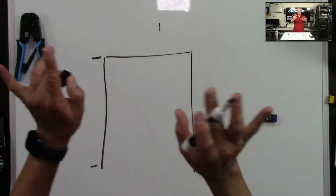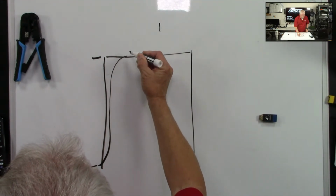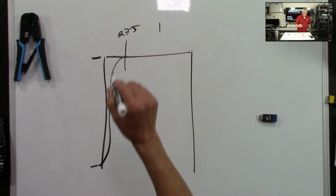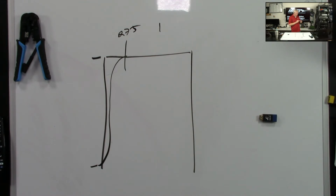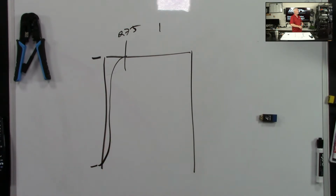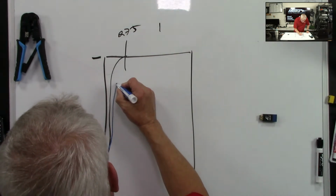Now, when you first plug the system in and you turn it on, this rise time's pretty good. We're going to assume you're at about 275 nanoseconds. Nanoseconds. Really quick. Very fast. Now, over time, what will happen is, and this can be caused because of thermal conditions, meaning it's warm in the room, bad solder joints on your cable, bad circuit board design, your cable box sitting right on top of your AVR creating thermal issues. Over time, that rise time will start to get longer